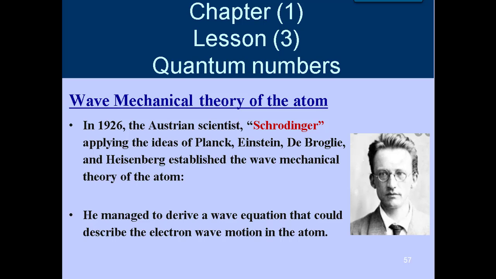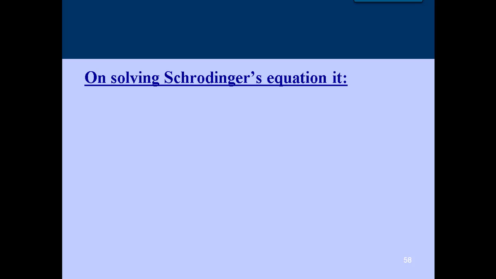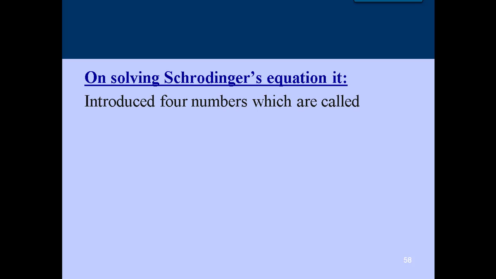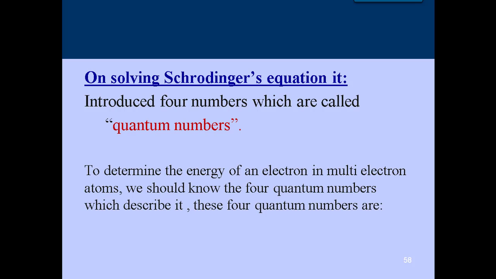After solving this equation, we are going to introduce 4 numbers which are called quantum numbers. To determine the energy level of an electron in multi-electron atoms, we should know the 4 quantum numbers. So we have to first solve Schrödinger's equation to get the 4 quantum numbers, which describe the place which is highly probable to find an electron. These 4 quantum numbers are: